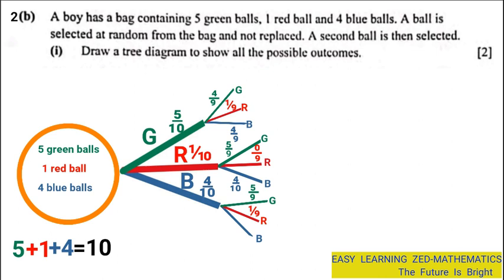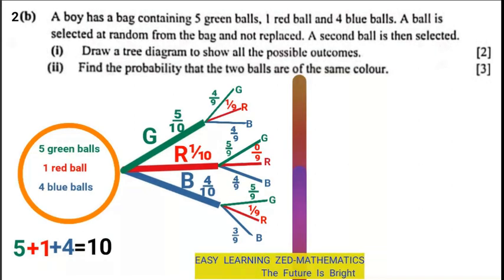What will be the probability of picking a blue ball when a blue ball is picked at first? So the probability is going to be 3 over 9. Okay, so 3 over 9 is the probability of picking a blue ball for the second time. So basically these were the answers, and this is the tree diagram our examiners expected you students to draw. Now let's go to question